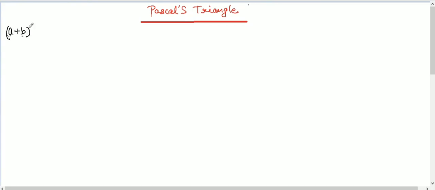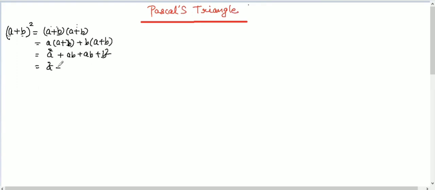Here I'm going to do (a + b) whole squared. It means we are multiplying this binomial expression by itself 2 times. So the same binomial expression 2 times. This is going to be easy if you multiply the same binomial expression 2 times. This way we will multiply: a squared, multiply the terms and open the bracket. So ab plus ab plus b squared. So a squared plus 2ab plus b squared. This is quite easy to multiply 2 times.